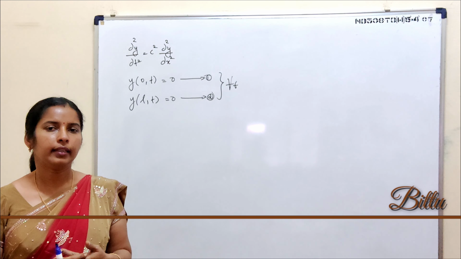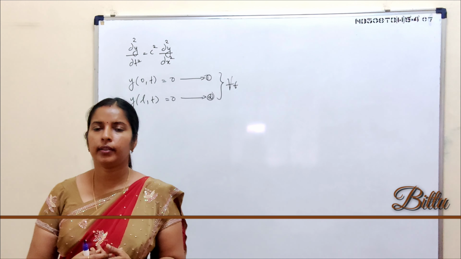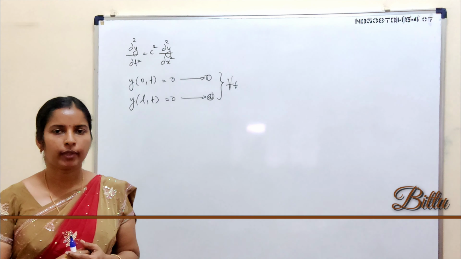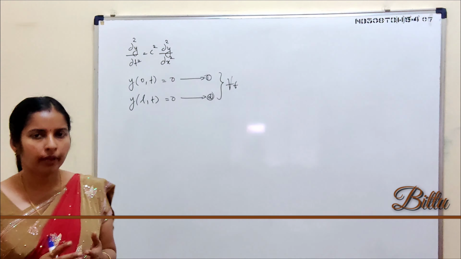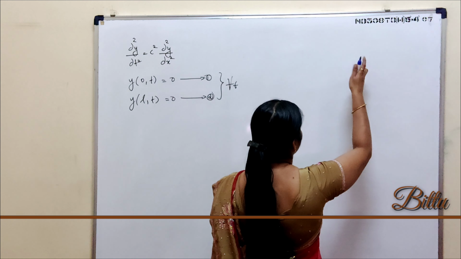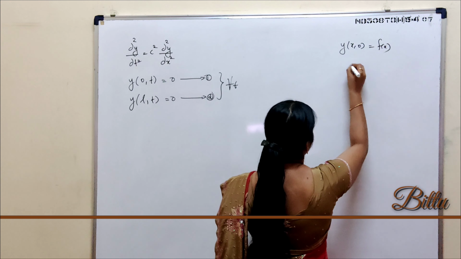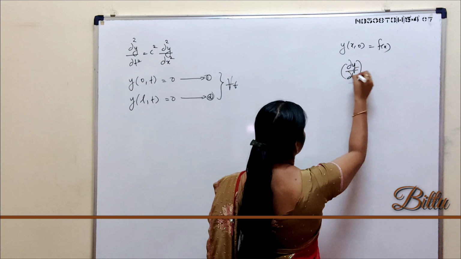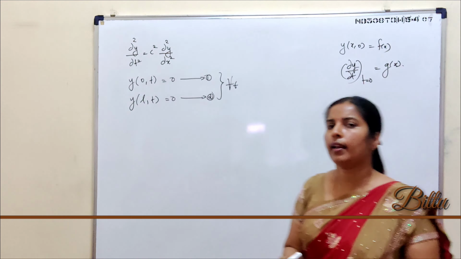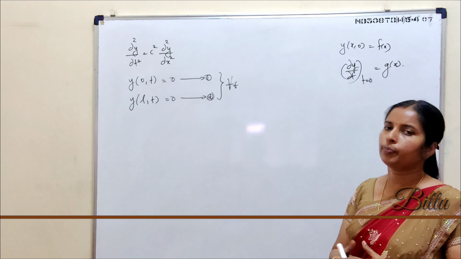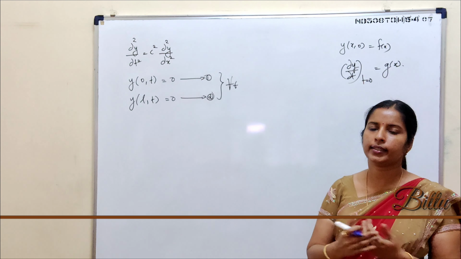Next, we have to write its initial conditions. See, in wave problems, initial conditions are based on its initial position and initial velocity, at initial time, that is at time t = 0. So, in wave problems, our initial position, that is y(x,0), is f(x), and initial velocity, that is dou y by dou t at t = 0, is g(x). See, these are the initial conditions for a wave problem. From the given question, you have to notice what is f(x) and what is g(x).